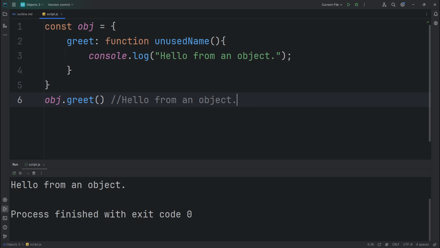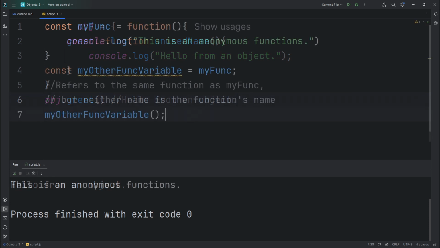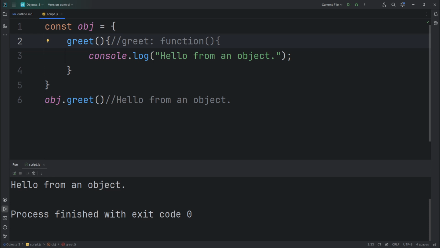Note that the property name is not the function's name. This is similar to assigning an anonymous function to a variable, and that variable's name is not the function's name. We covered that point in a previous video. There's a shorthand syntax for defining methods which omits both the colon and the function keyword. This code is identical in meaning to the other more verbose version, and it is currently the most common way